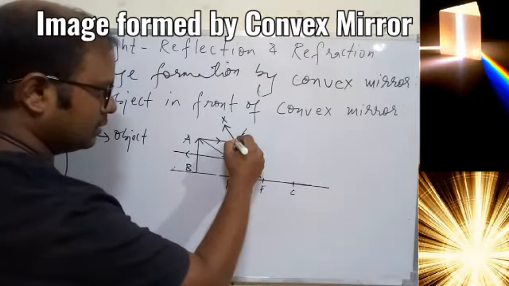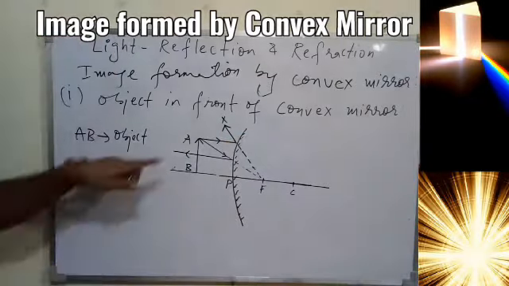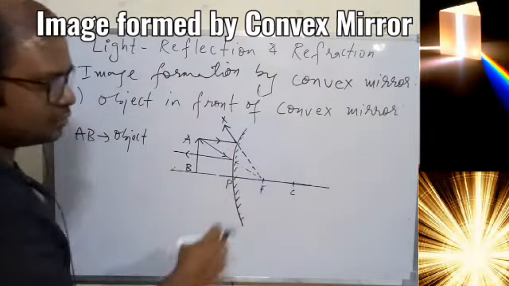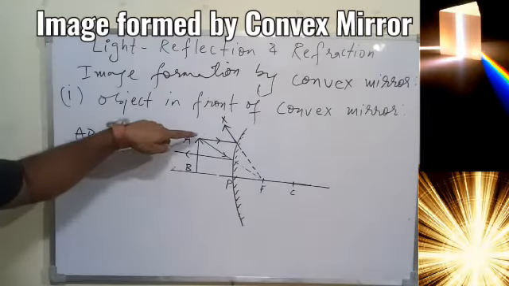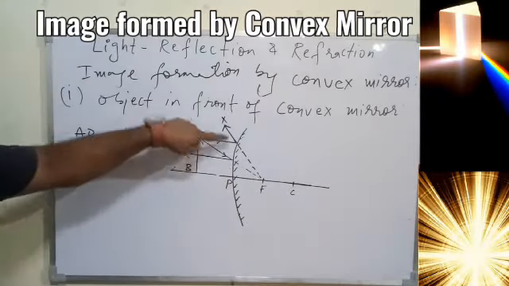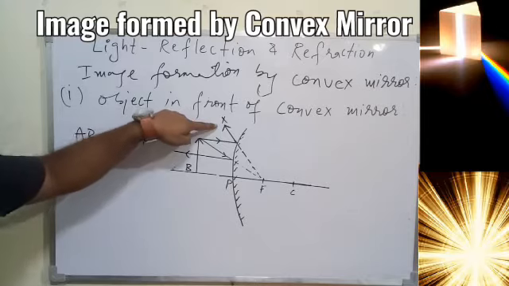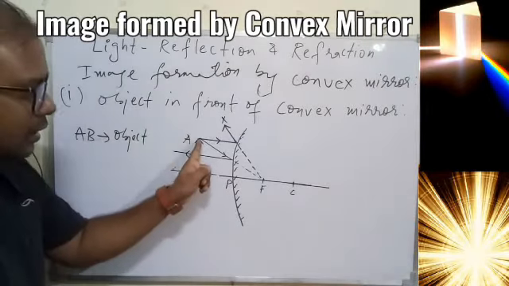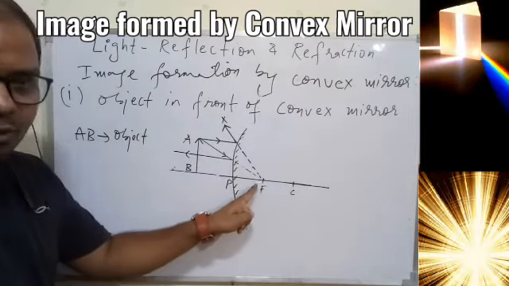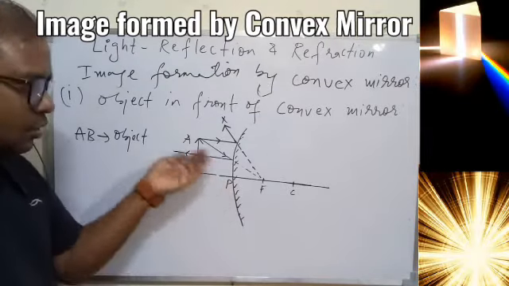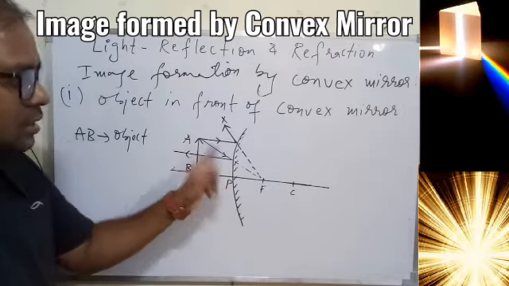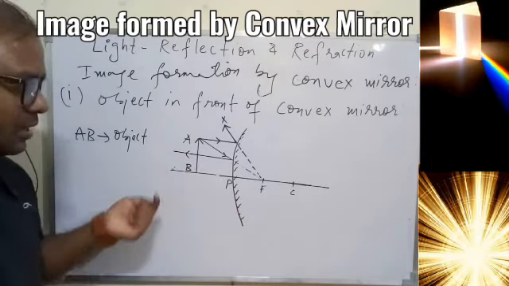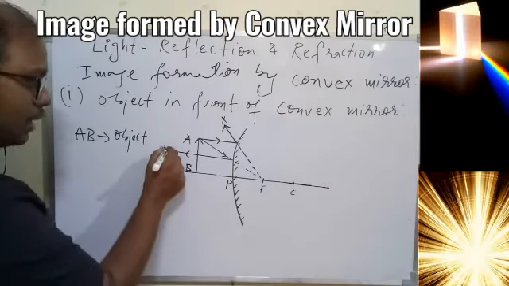Understood? That is the first ray getting reflected coming from A, which basically seems to diverge from F. So this is the first ray, parallel, seems to diverge from F. That is X ray, the first ray reflected from the convex mirror. Second ray is seeming to pass through F. We know it cannot pass through the mirror. So when it is facing F, we can say that ray must become parallel to the principal axis after reflection. So this is my ray Y.